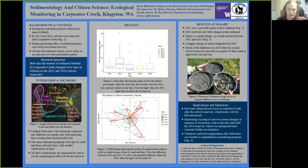I interned with Stillwater's Environmental Center, located in Kingston in North Kitsap. Stillwater's Environmental Center is an environmental monitoring organization that does work in the local salt marsh and tidal creek, Carpenter Creek. And they do monitoring in this local creek because there's this issue within restoration ecology where